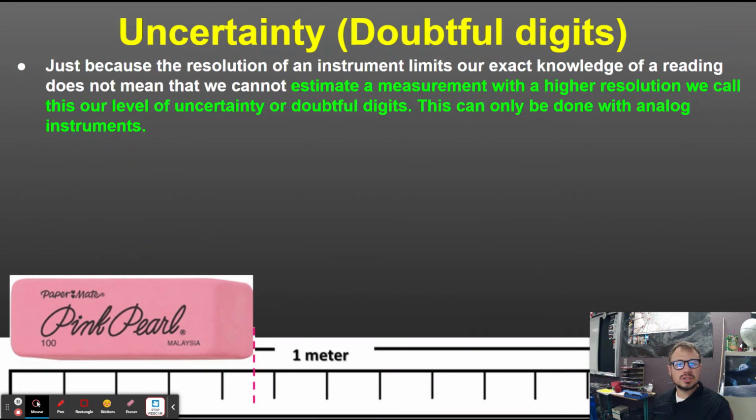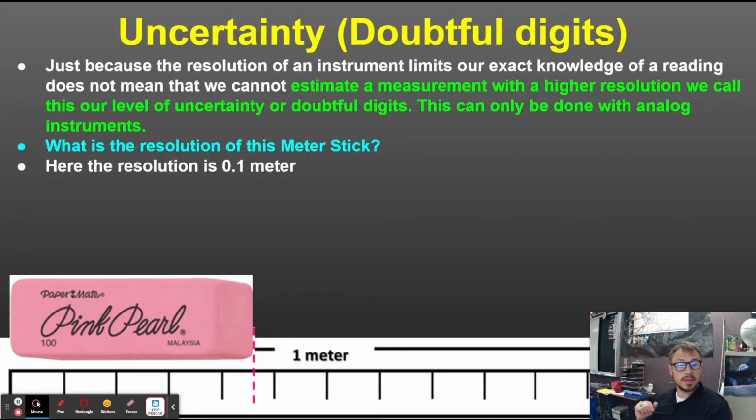Now let's talk about the uncertainty, or that doubtful digit. Just because the resolution of an instrument limits our exact knowledge of a reading does not mean that we cannot estimate a measurement with a higher resolution. We call this level uncertainty, or doubtful digits. This can only be done with analog instruments. So if we look at the resolution of this meter stick, it'd be 1/10 of a meter,